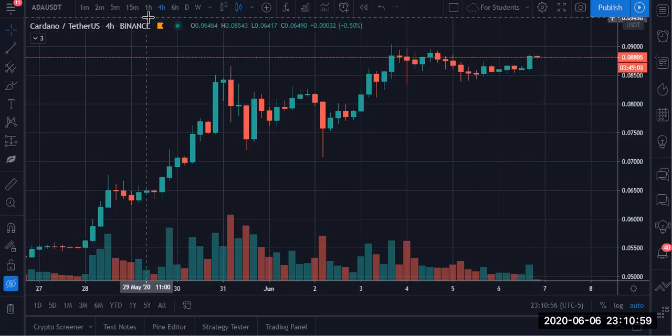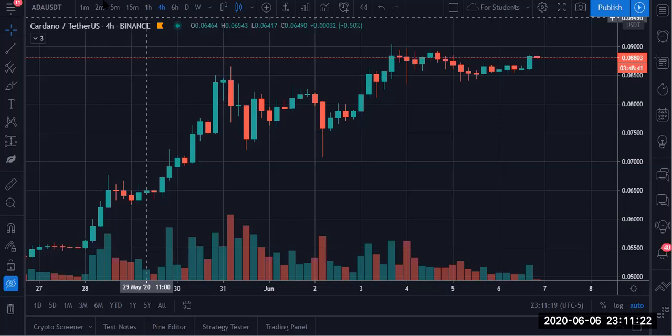But typically scalps, just to let you guys know, are trades that last a very short amount of time. It can be seconds to some minutes. I think maybe even a definition is like under an hour or something like that. It might be just 30 minutes. But from what I've seen, most of the scalpers, unless you're like a 15-minute scalper or something like that, your scalp is going to last